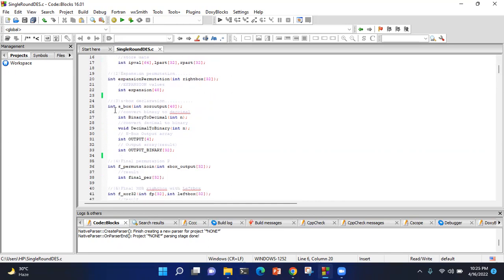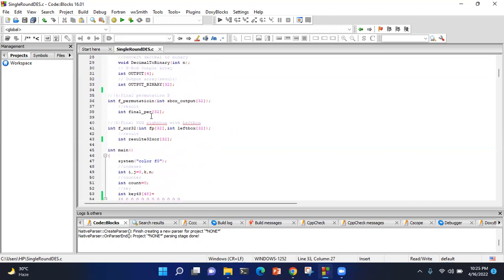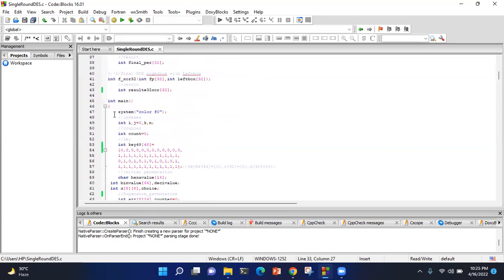And in the S box, as we know, we input 6 bits and it gives an output of 4 bits. That's why I have fixed the output of 4 here. And if we convert the output into binary, then it will be 32 bits, which I have fixed here. And after that, in the main function, I have